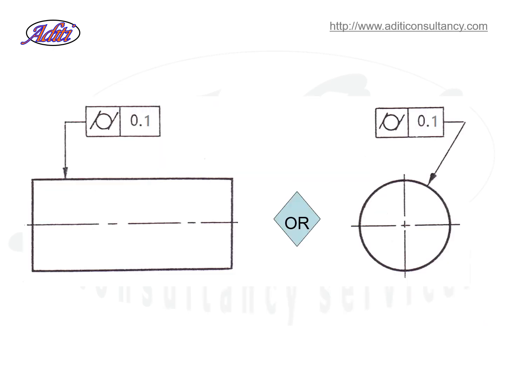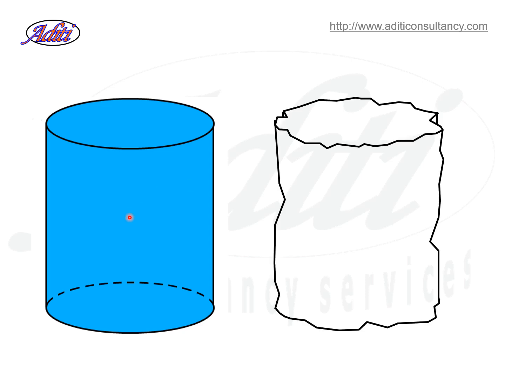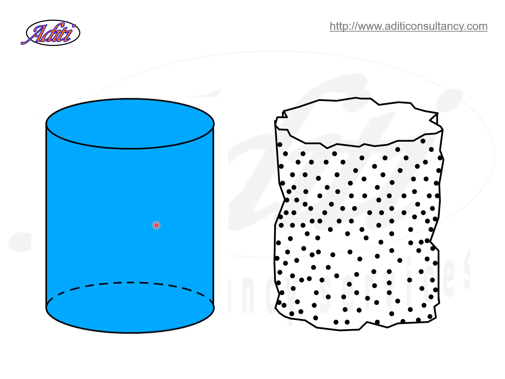Now let us try to understand what is cylindricity. Cylindricity is shown like this. Meaning of this cylindricity tolerance is, the model will look like this, but the actual part with exaggerated error will look like this. Now if I take points on this surface, and if I know the coordinates of all these points, I can measure the cylindricity error, means how much this part is deviating shape wise with respect to the model.